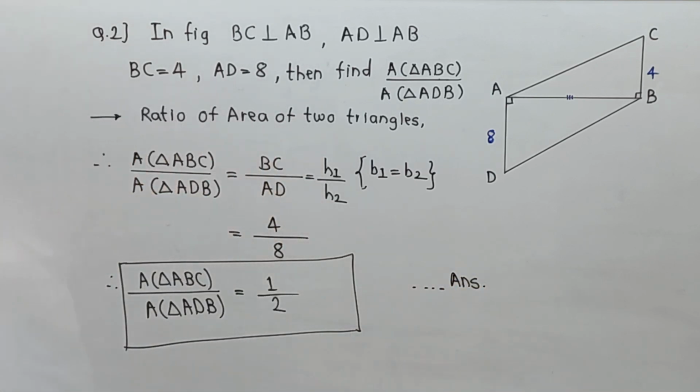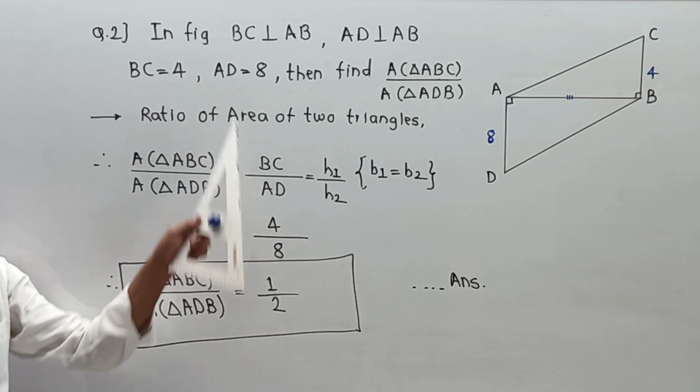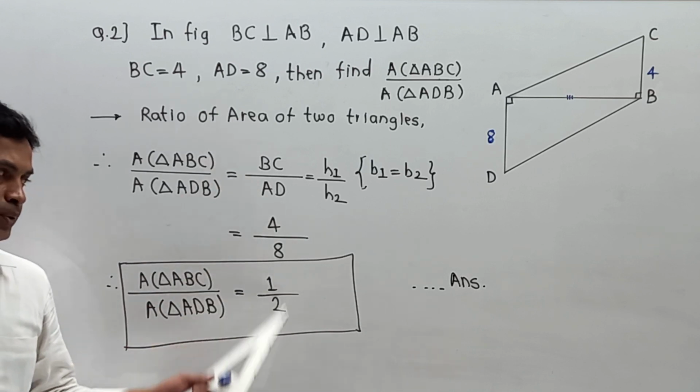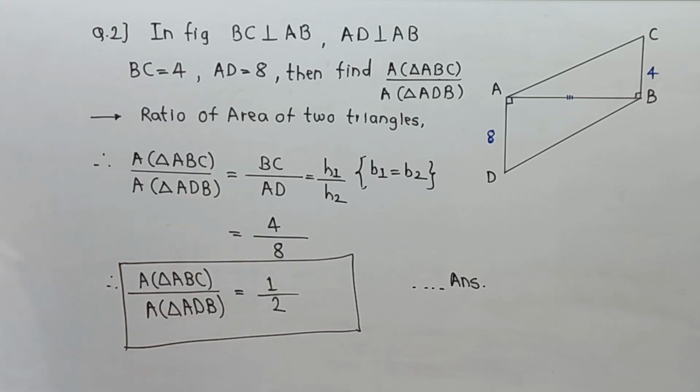Now students, please pay attention. Writing these steps systematically is the most important part, including giving a reason and drawing a diagram. Please follow the proper instructions given in the textbook or during the lecture, and write it properly and systematically. Your notebook and your representation pattern must be ideal, and in this way you can complete the second numerical.